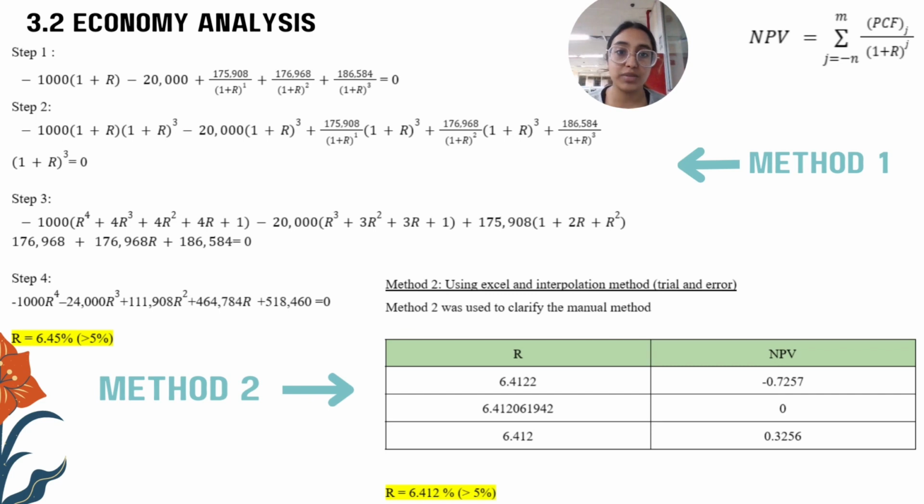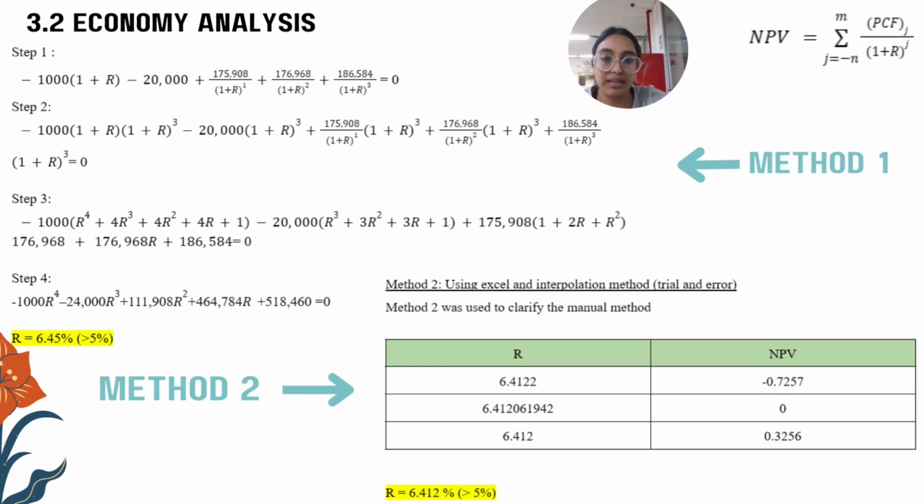Here, two methods were used. The first method was the manual method where the R value was calculated using the quadratic equation, and the second method was using the Excel method and interpolation method using trial and error. In both methods, the R value is 6.4 and above, but in method 1, the R value is 6.4, whereas in method 2, the R value is 6.412, which is more accurate to be accepted for the bank interest rate, where the NPV would be obtained at 0. The second method was carried out to maintain the accuracy of the first method. Therefore, the final R value was obtained at 6.412, which is more than